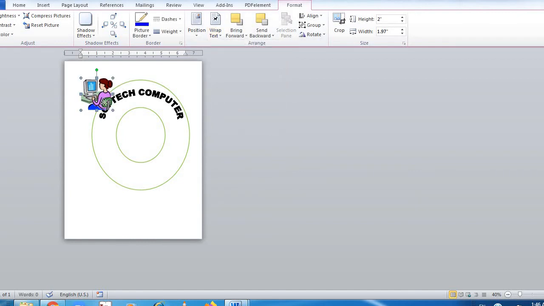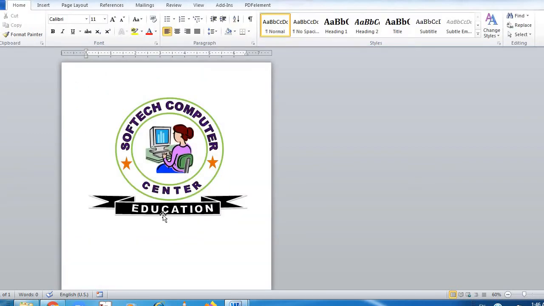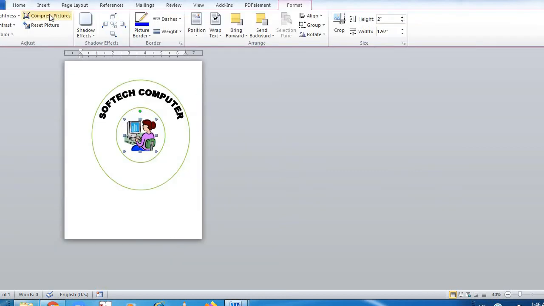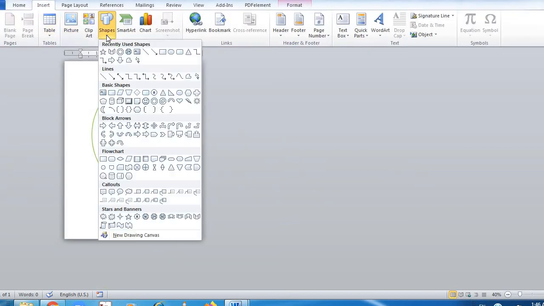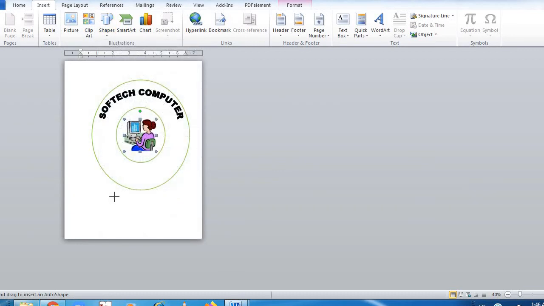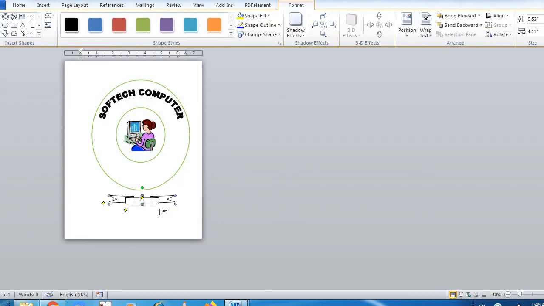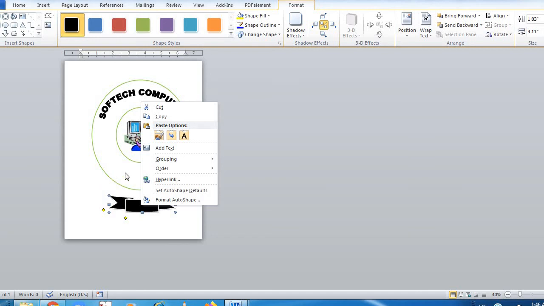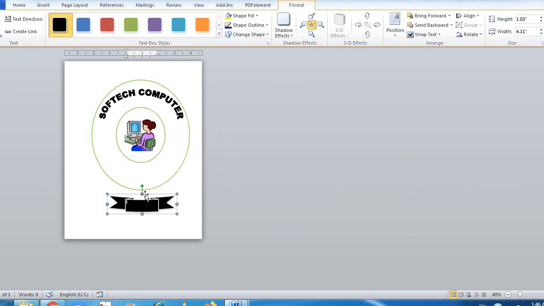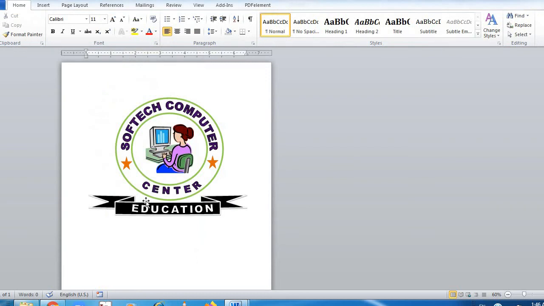Of text, yeah. So you can put it wherever you want. And this bottom design, again you will get everything in shapes. Insert, then you have to go to shapes, and here's this design, so you can make this design and you can fill some effect. And in this design you can type education also. Inside you can edit text also if you need it, or you can directly type from word art and paste it, and you can type it from here also, or from word art also you can put in. So in this way you can make your complete logo.